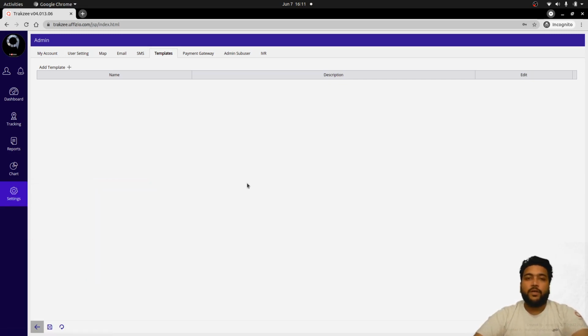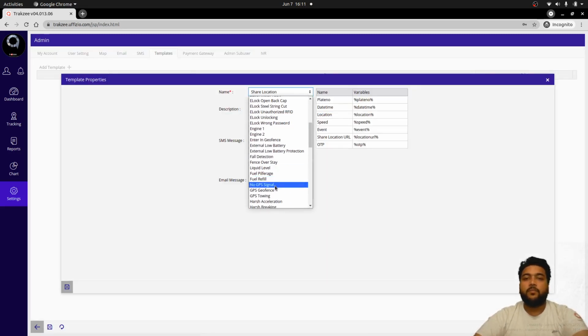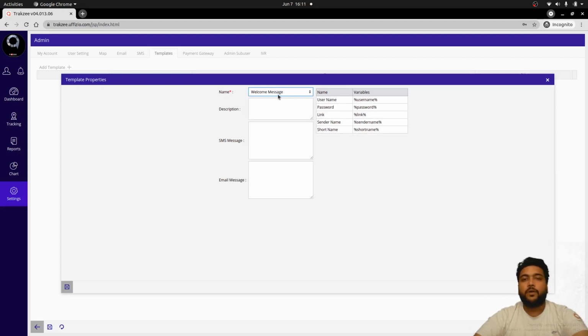Currently we are going to do the configuration in the admin account in the template tab. To create a new template, you need to click on the add new button. Here there is a list of the events available in the drop down. The event that you want to use to customize the template can be selected. If you want the welcome message customized as per your template's requirements, that can be selected. Based on that, you can define the variable parameter.